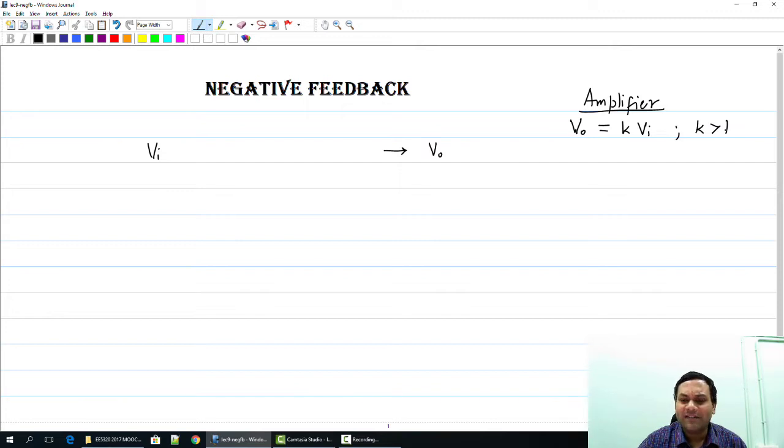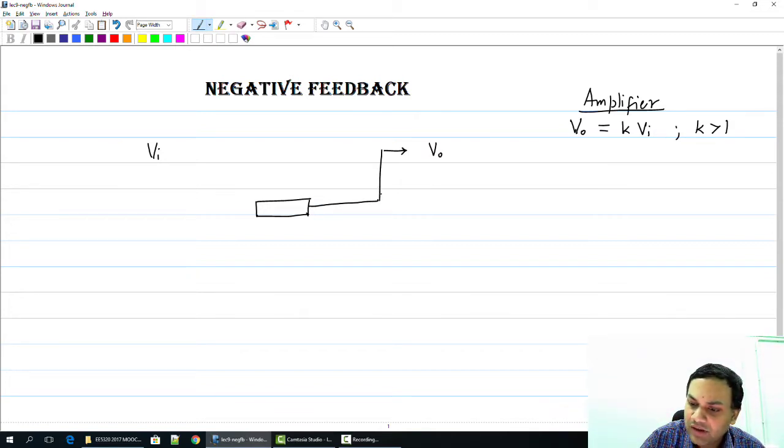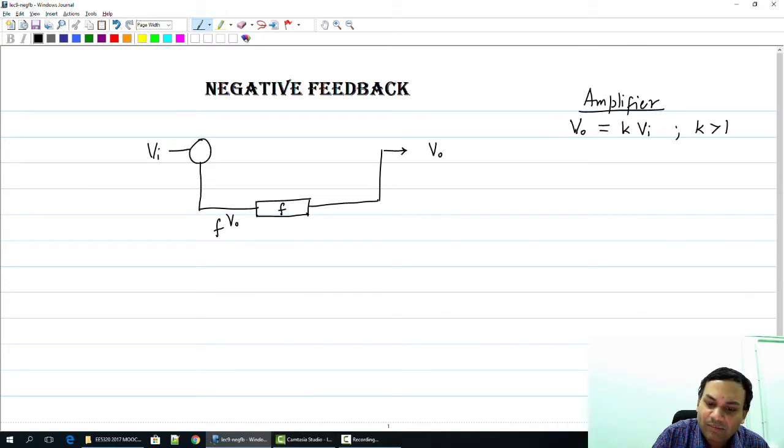How do we do this using negative feedback? As you all probably know, you take a small portion of the output quantity. In this case, I am representing the output quantities by voltage quantities. So you take a small replica of VO, and we will call that F times VO. We compare that with VI by performing a subtraction operation. So if you subtract F times VO from VI, you will get what is called an error quantity. We will represent that as VE.